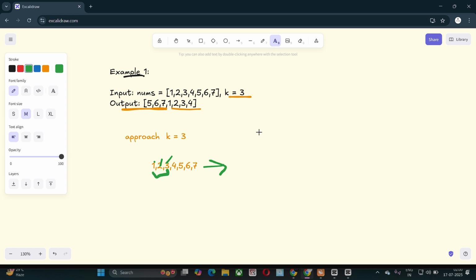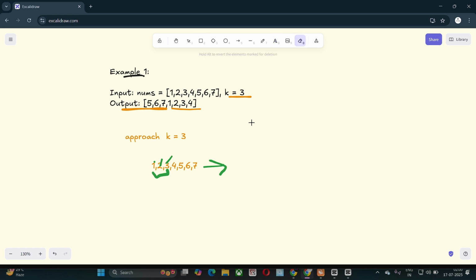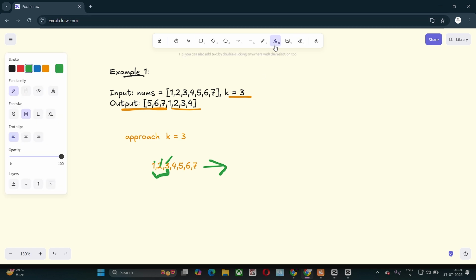After we reverse, what do we see? 7, 6, 5, 4, 3, 2 and 1. This is our step 1.